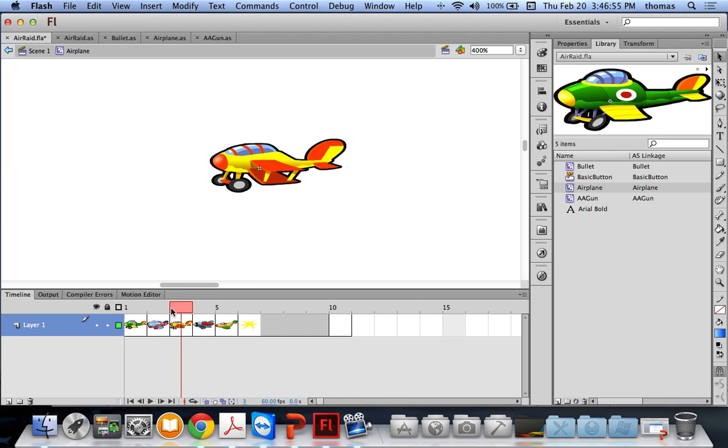Frame 3 is this yellow plane, like a biplane, right? Frame 4 is another kind of propeller plane, this old type of propeller plane with red. And there's another kind of yellow and green plane that looks more like a jet in frame 5, right? So for frame 1 to frame 5, I'm going to use this go to and stop timeline navigation in the